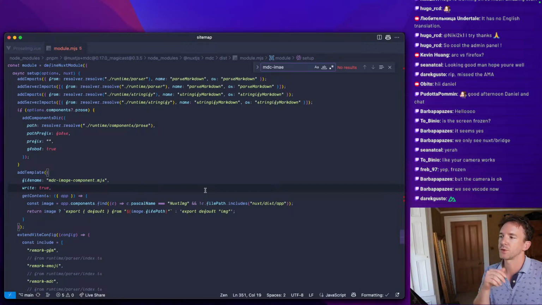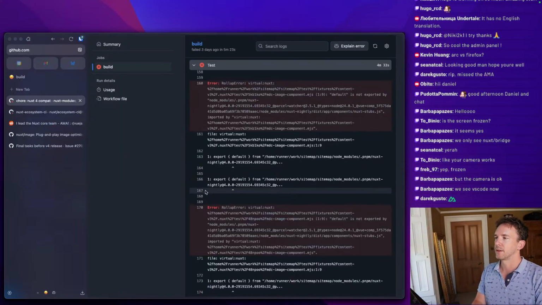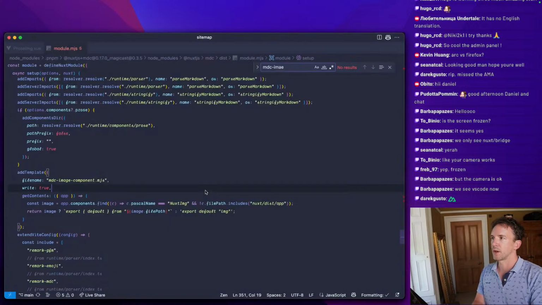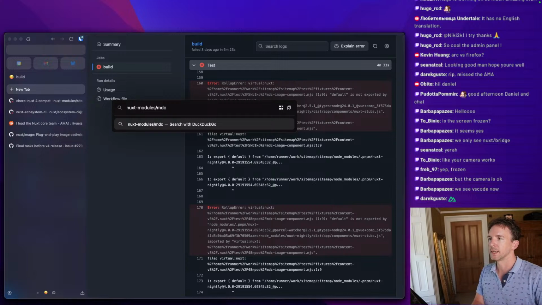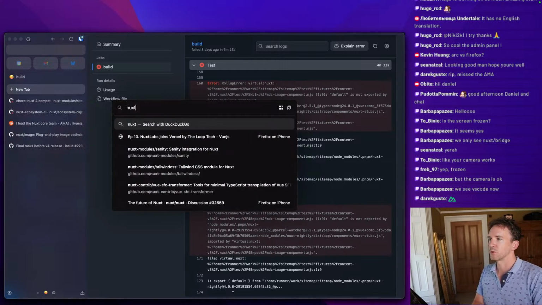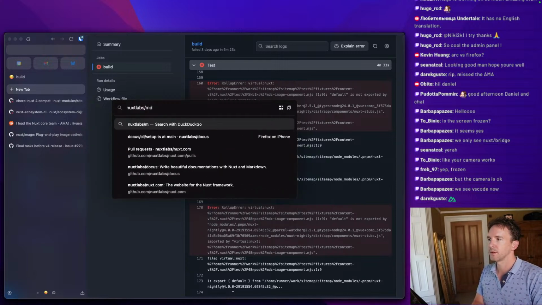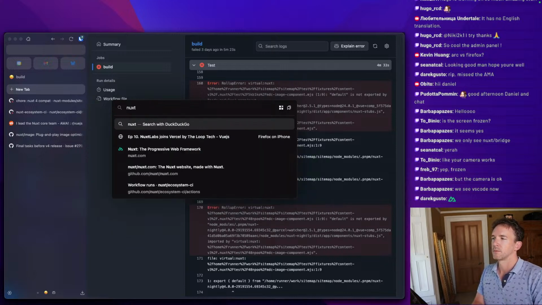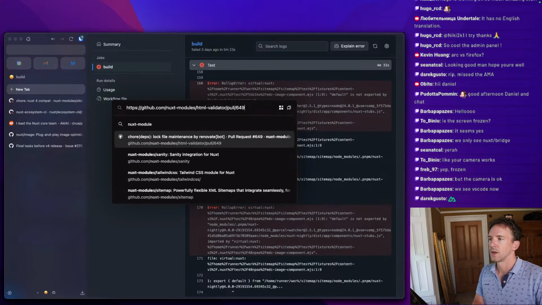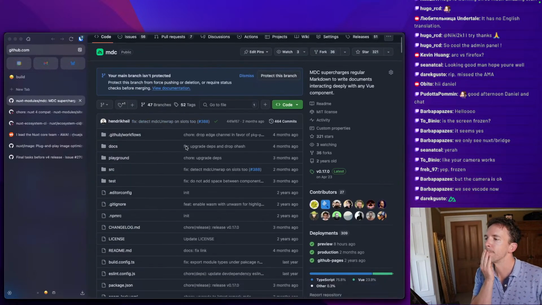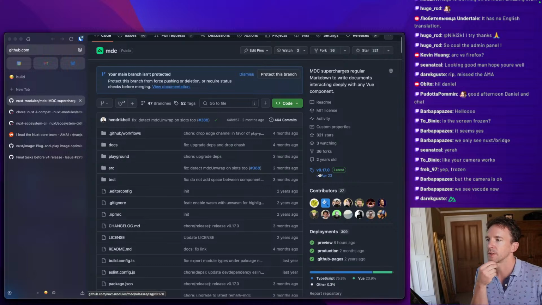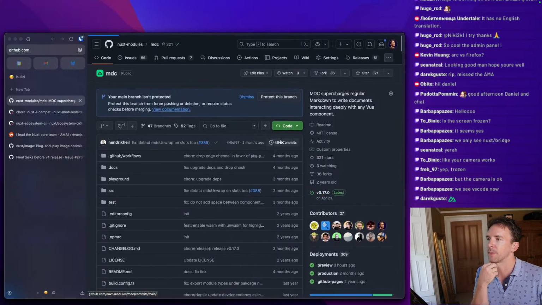Now, I was sure I fixed this in the module. I'm pretty sure I've encountered this bug before. So this is Nuxt MDC. Let's see if I can find it. Nuxt modules MDC. It's not a Nuxt module, is it? It's a Nuxt Labs one. Oh, no, it must be a Nuxt module. Let's try this. Okay, Nuxt modules MDC. Last release 0.17.0. Okay, there have been a fair number of